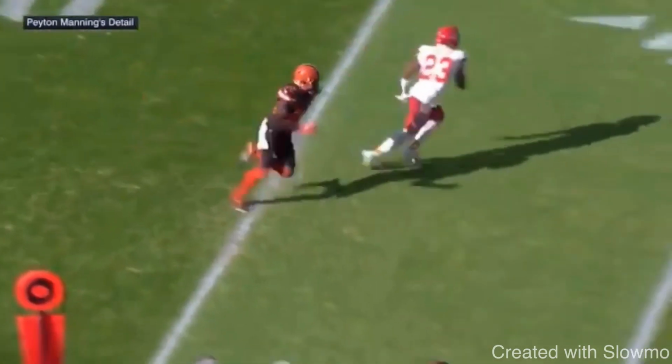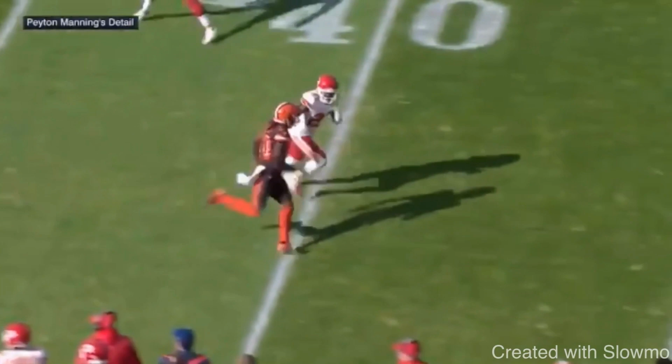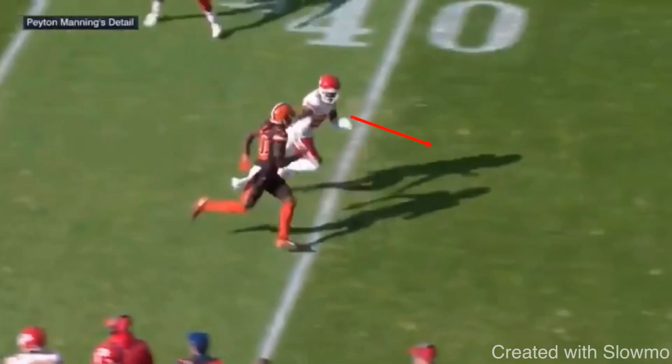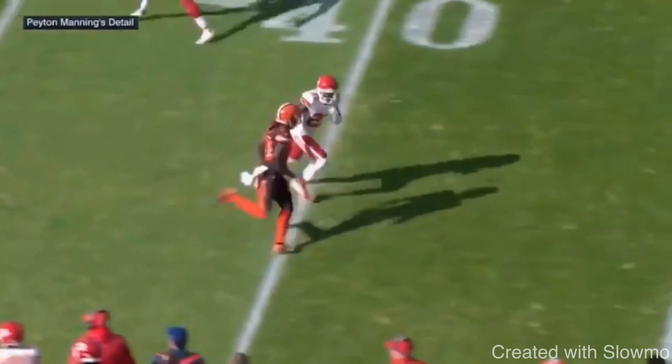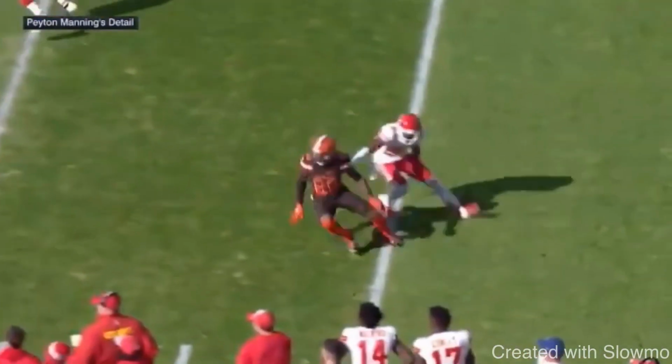He sells up like he's going on a fade. He's pumping his arms. His pad level doesn't change. Starts to maybe sell like he's looking back for the ball. Then this DB's playing catch-up right now, because Jarvis does a great job of selling this out and up, which he's probably run before in the game and probably burned him on. So now when he gets to the top here, as you see, he drops his weight to 3,